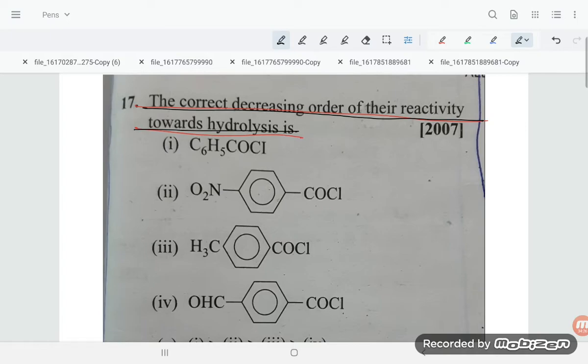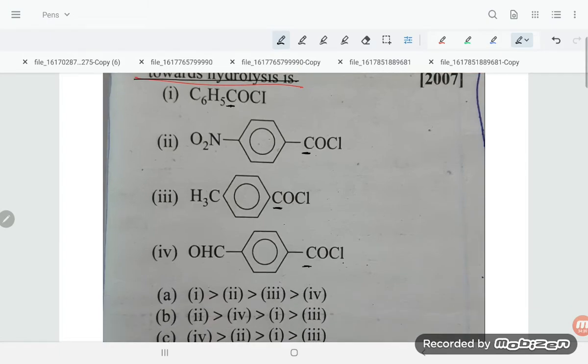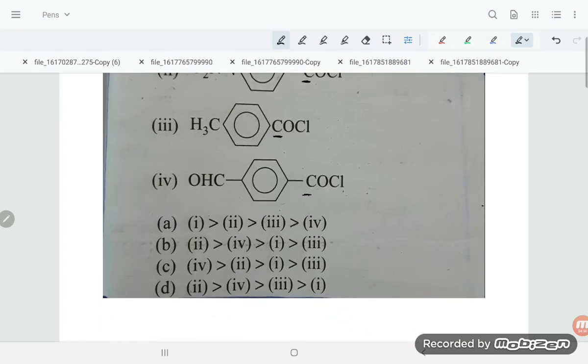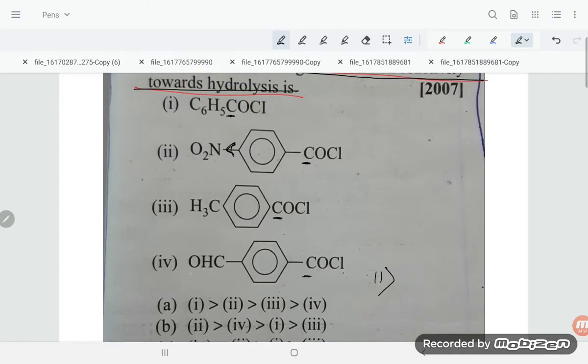So if you see, students, the ease of hydrolysis will depend upon the magnitude of positive charge on the carbonyl carbon. So you have to see how much positive charge is there here. These are the carbonyl carbons, and there also. Okay, so let us see how much positive charge will be there. So the NO2 group is there, so the most positive charge will be on this carbon. So the first option will be that, firstly we are putting that second. Okay, then here is COCl, then again here is CHO.